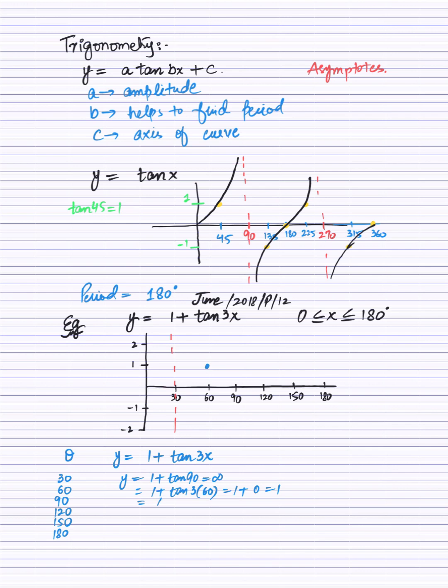उसके बाद इसी तरह आप सबकी निकालेंगे, 1 + tan 3 टाइम्स एंगल क्या है इस दफ़ा हमारे पास 90, सो दैट इज़ 1 + tan 270। 270 आपका अनडिफाइंड होता है, तो दैट विल बी अनडिफाइंड। इसका मतलब ये हुआ कि मेरे पास 90 पर भी एक एसिम्प्टोट बनेगा, एसिम्प्टोट बना दिया। इस तरह मैं बाकी वैल्यूज़ भी निकालता हूँ।